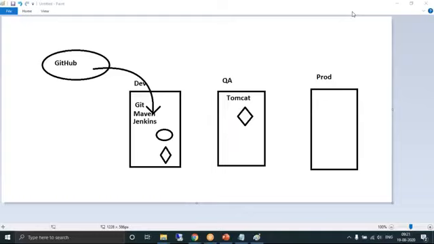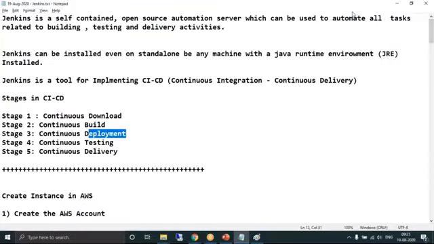So obviously we'll be deploying the artifact into the QA instance, and the testing team will test that particular application using Selenium or whatever automation testing tools. It's up to them. Stage 3 is nothing but deployment. Deployment is nothing but deploying the artifact which is generated as part of the development instance to the QA instance. That is stage 3. Any questions in stage 1, stage 2, and stage 3?